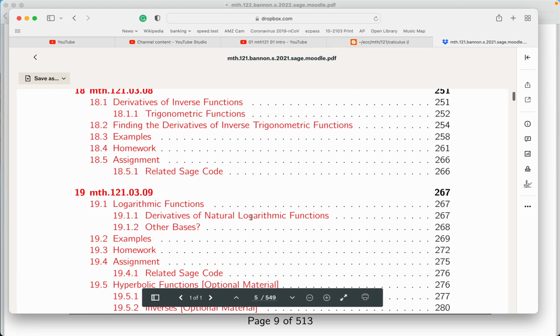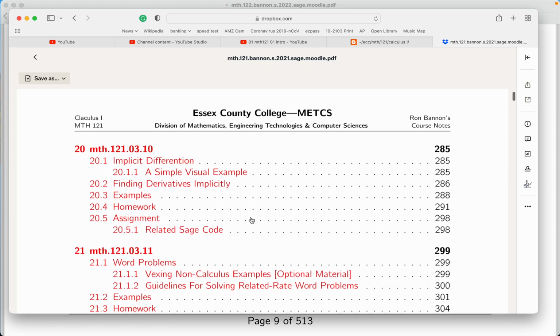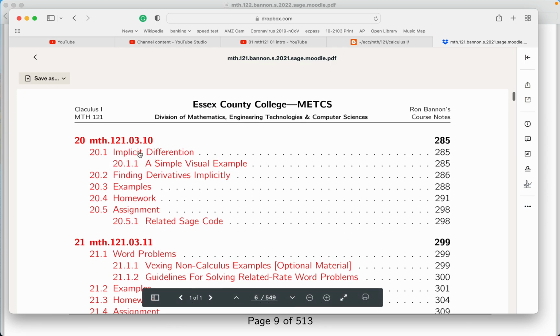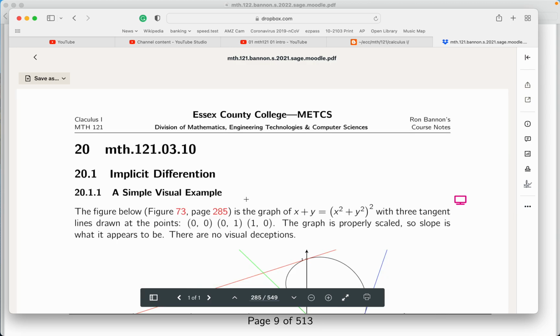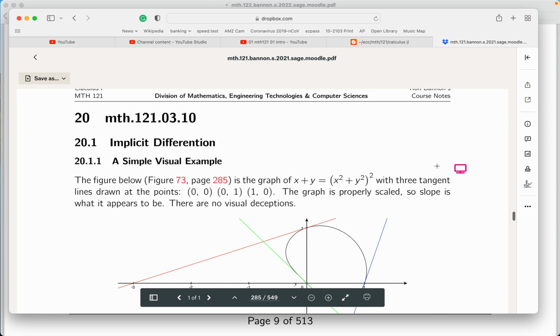And I'm just looking. Let's say you need to review implicit differentiation. Click here. That's in red. It'll bring you right there. And you could read this. I also want to point out there are little tiny videos over here that, if you want, you can click on